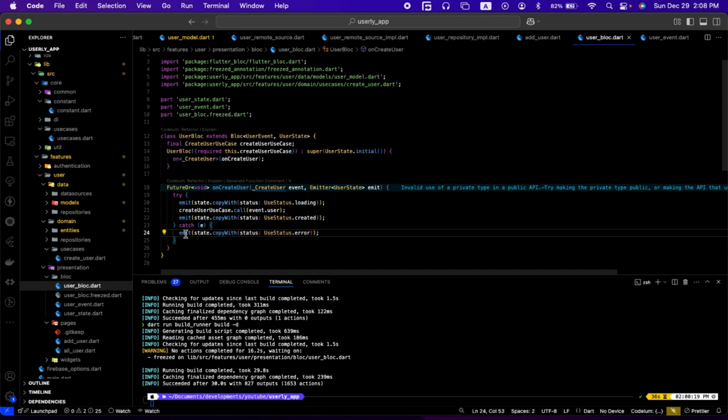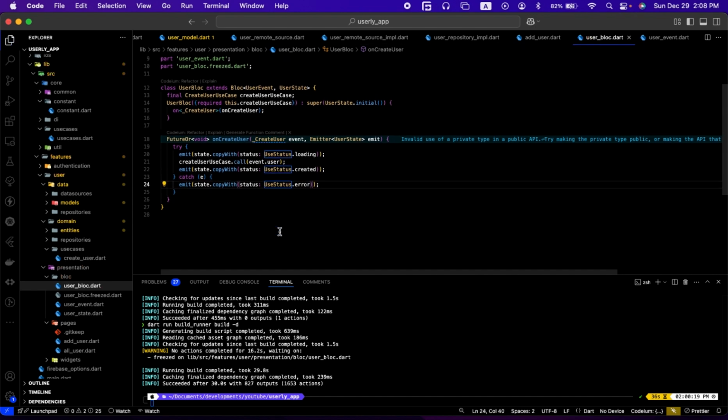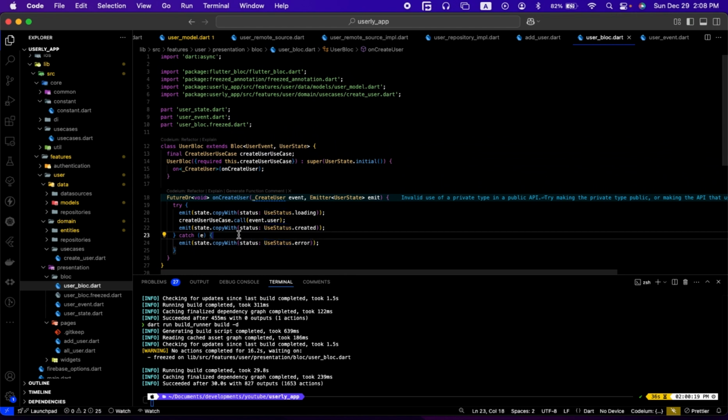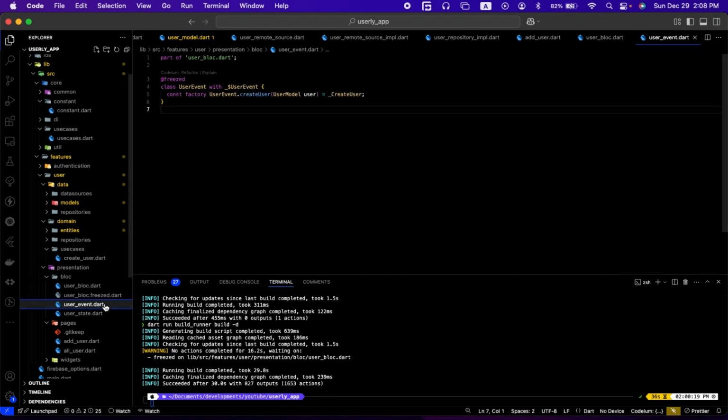Okay, that's it. That is very simple, because this scenario doesn't need a lot of steps. Just send that information, give us whatever has been returned, and if there's an error, that's all. So this is how you deal with bloc